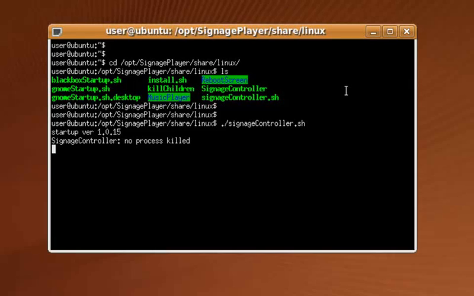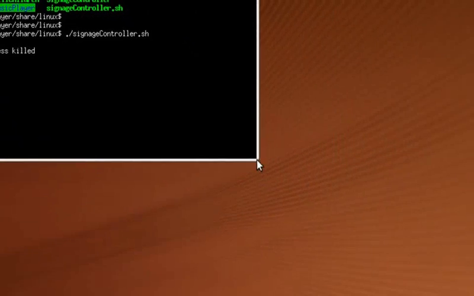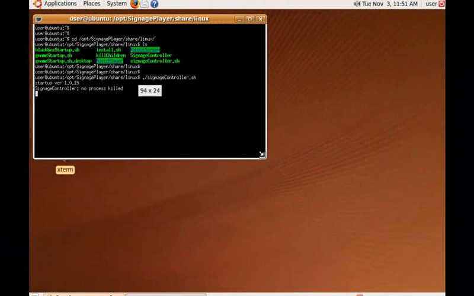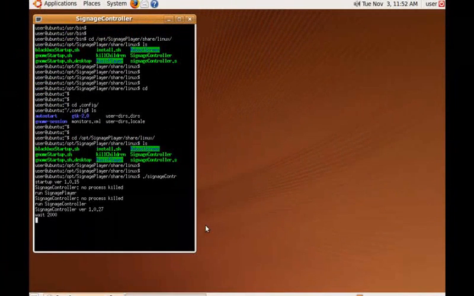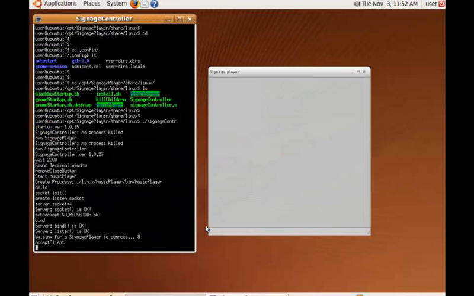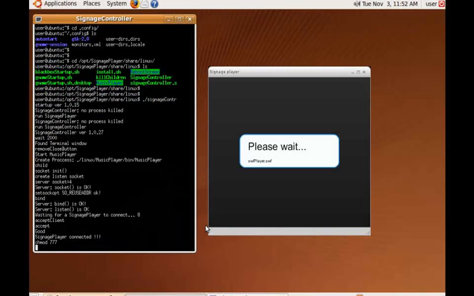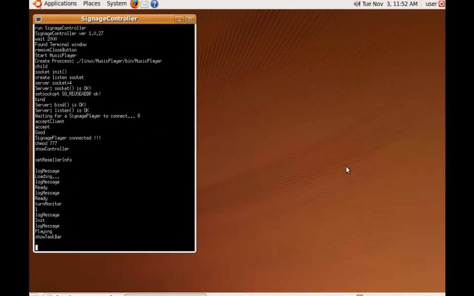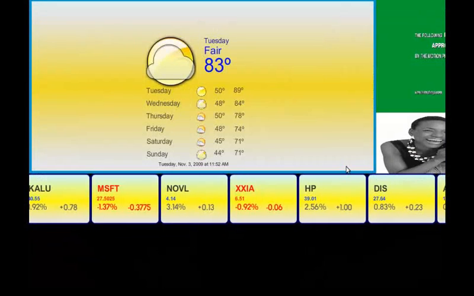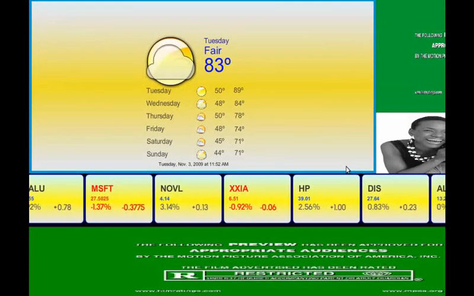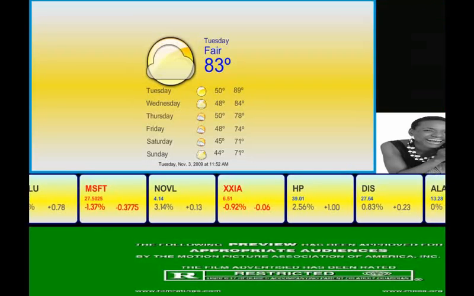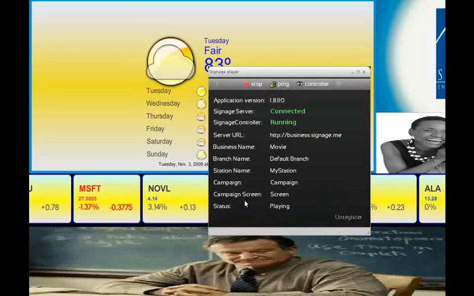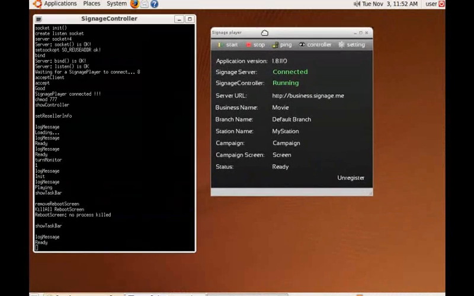It's basically giving me a whole bunch of information now. Let's go ahead and make a little bit more room here. It's waiting 2 seconds, and it's starting my Signage player client. So again, this is the proper way of running the Signage player. It's loading all the modules, and it's running the Signage presentation now, as we've instructed it. So go ahead and press on the Signage player and press escape and press stop, and that wraps up our Ubuntu